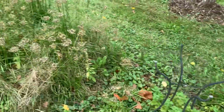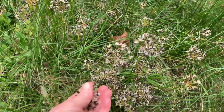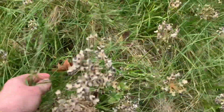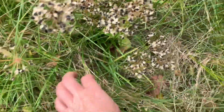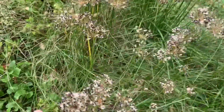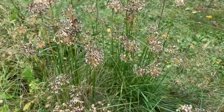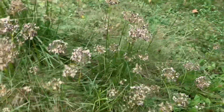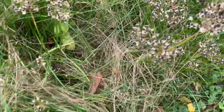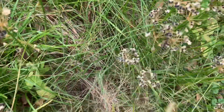Okay, moving on up the fence line here, we have my chives that have just gone crazy. The problem is there's this grass that grows in here, so I have to harvest all my chives early in the spring before this grass grows. But look at all these seeds. So many. So hopefully they'll choke the grass out next year. I try to remove all the seed heads like this